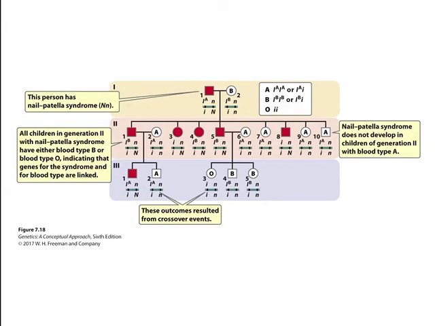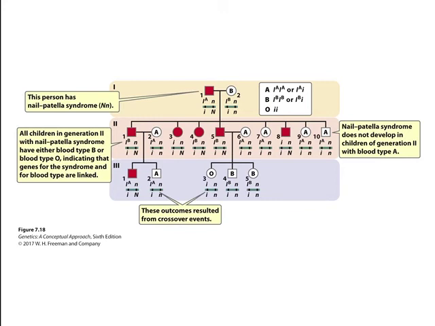Efforts to map human genes are hampered by the inability to perform specific crosses and the small number of progeny in most families. Scientists are often restricted to the analysis of pedigrees, which can be incomplete and provide limited information. Nevertheless, a large number of human traits have been successfully mapped with the use of pedigree data to analyze linkage. Because the number of progeny from any one mating is small, data from several families and pedigrees is combined to